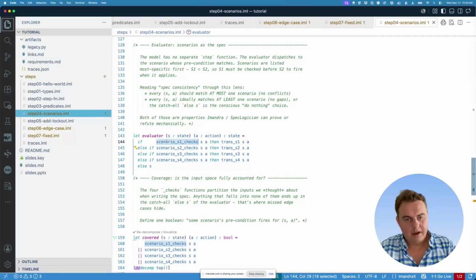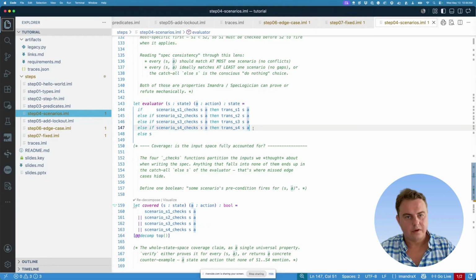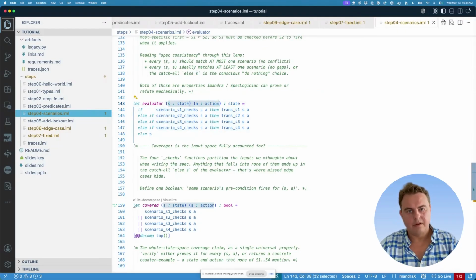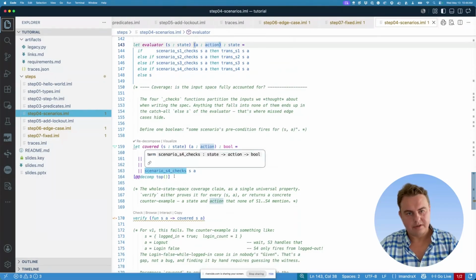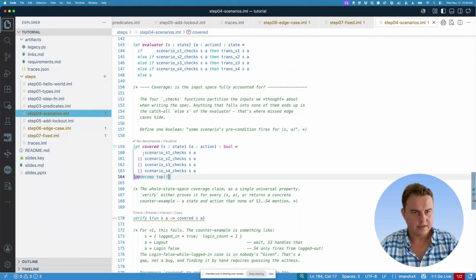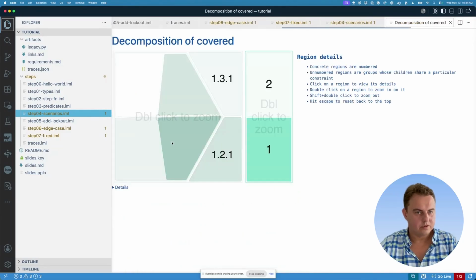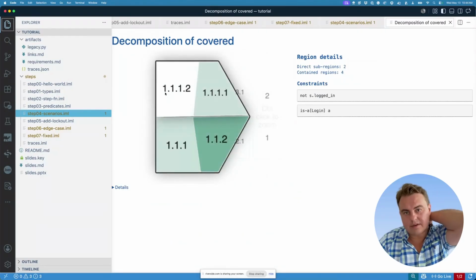But before that, I wanted to talk about underspecified models. So how do we know that all possible combinations of state and action are covered by these scenarios? Because again, for anything in the real world, there's going to be virtually infinitely many of those. How do we know that? And we can actually start to use something called region decomposition. So this is a feature of Imandra where we can take all of these and let me try to visualize it. And it starts to tell us, okay,